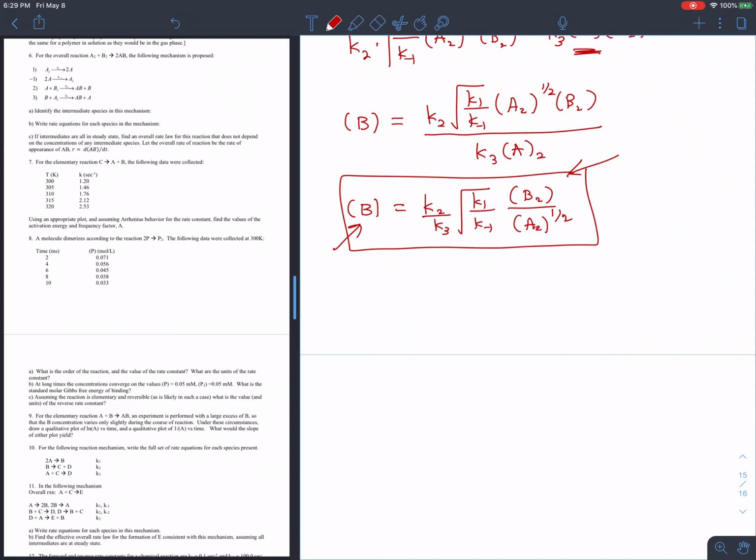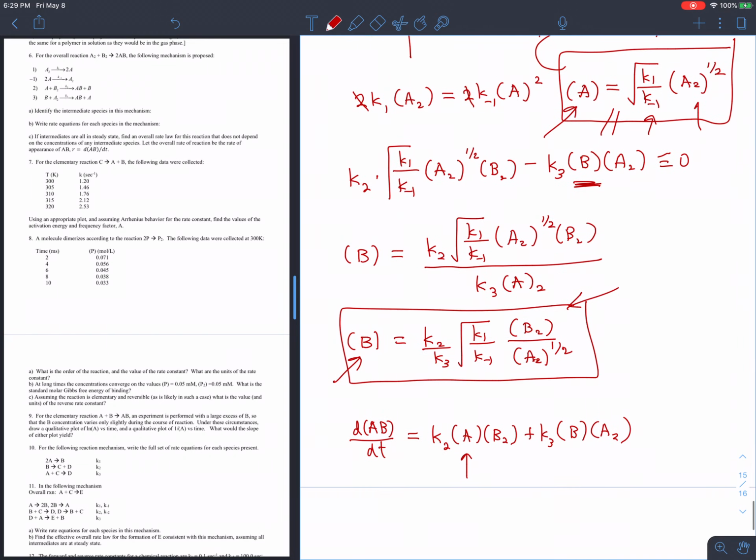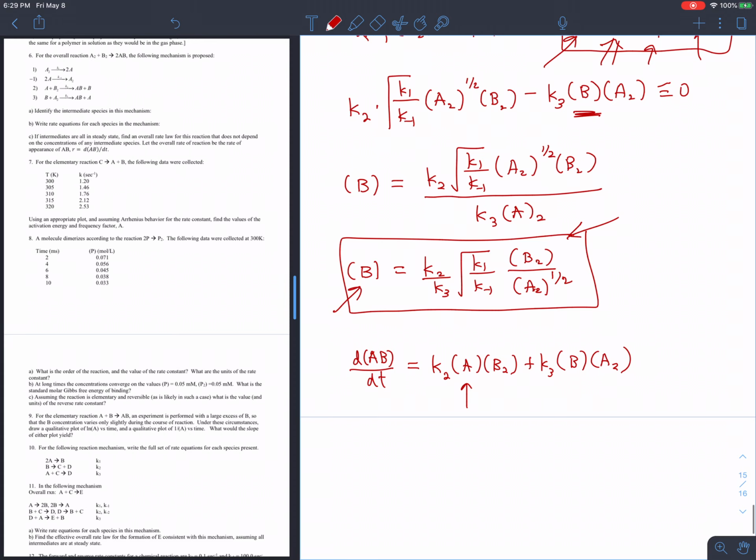So let's do that. So there's our product relationship, or our product rate. I'm going to put this in for A, so that gives me